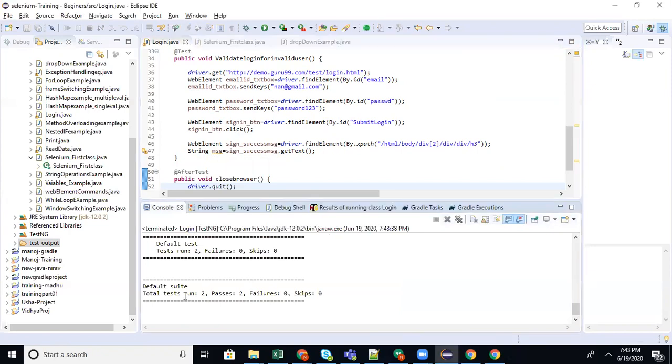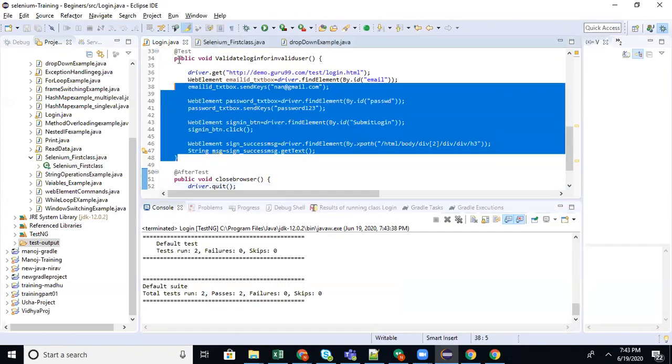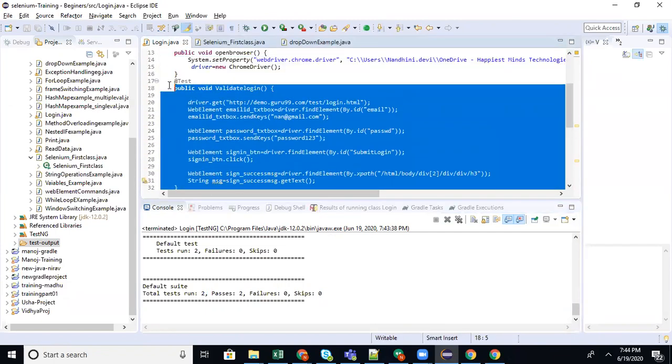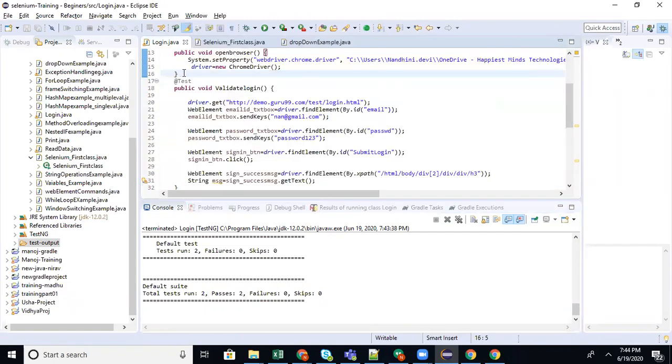So see, the test case executed, but the report will be generated only for the @Test. These are complementary or supportive to execute the test case. So this is how @BeforeTest and @AfterTest work.